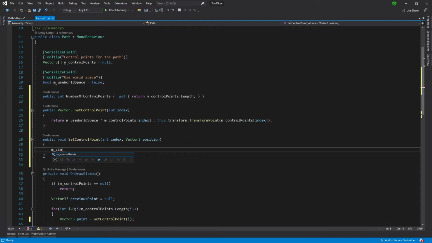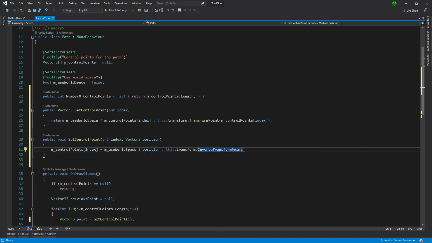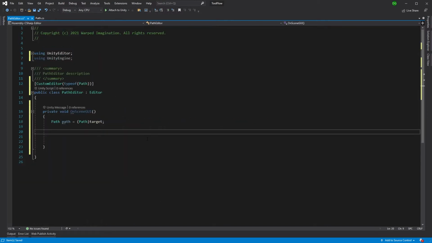So controlPoints[index] equals. Now, if we're using world space, we're just going to pass the position because it's world space. However, if we're using the local space, we're going to want to use the inverse of that function, and it's InverseTransformPoint. And then we set position there. So like TransformPoint, it will take the position, inverse it through the transform component that we have, and then provide the position we're actually interested in. So let's save our path because we've done our functionality,